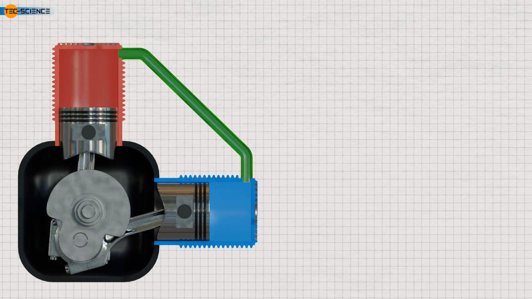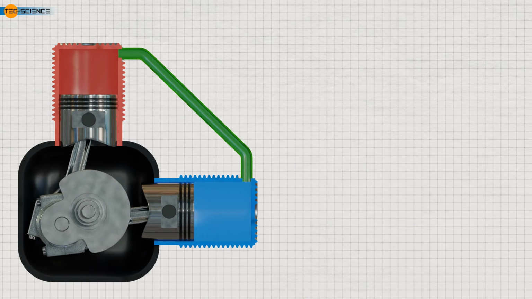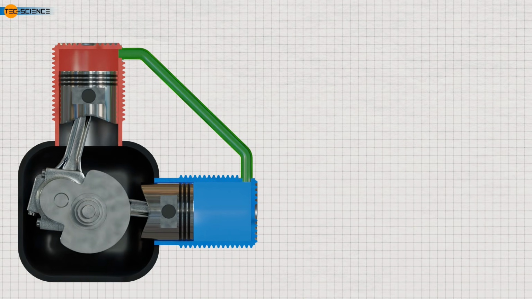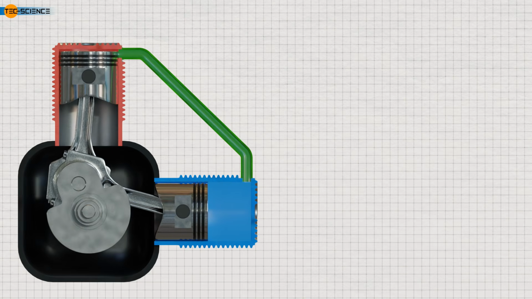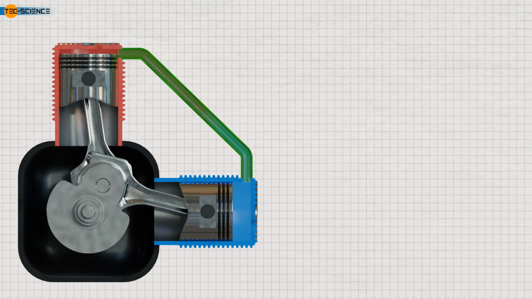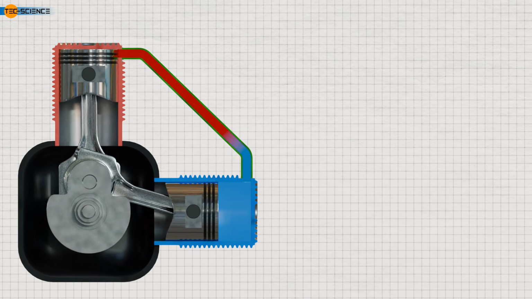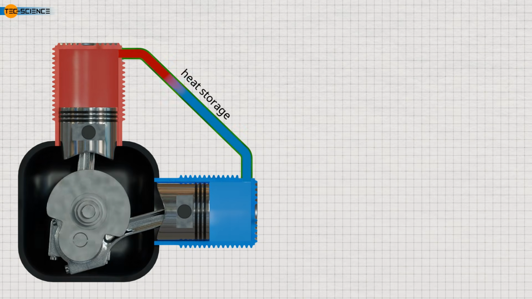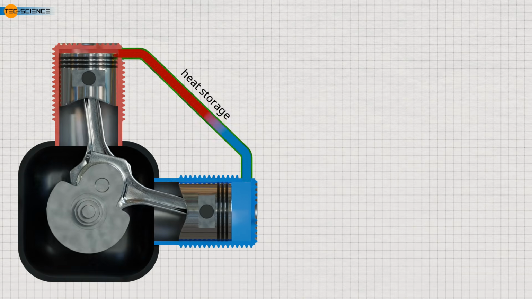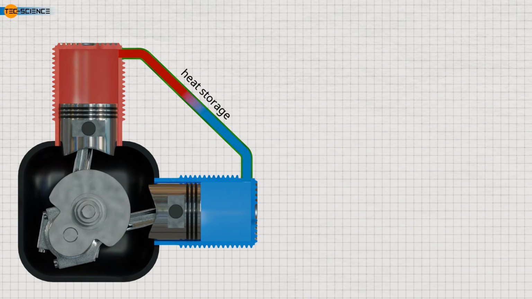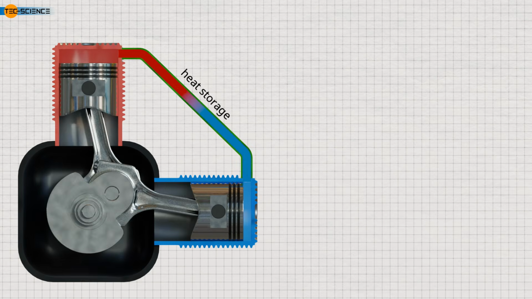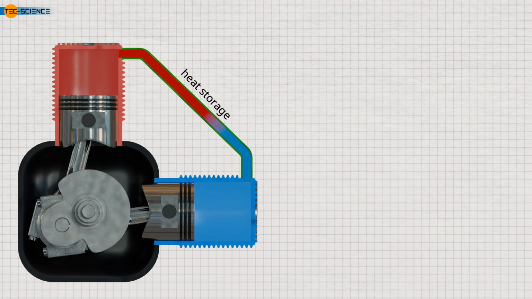Let's take a closer look at the Stirling engine, and in particular the function of the regenerator that connects the two cylinders. Its role goes beyond simply transferring the working gas from the heated cylinder to the cooled one and vice versa. This connecting tube contains a heat accumulator, functioning as a heat storage, which is why it's called a regenerator. It is made of a gas-permeable material with the highest possible heat capacity, which can significantly improve the efficiency